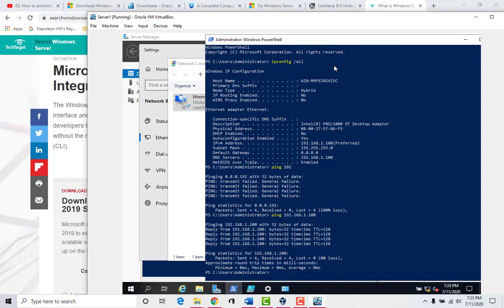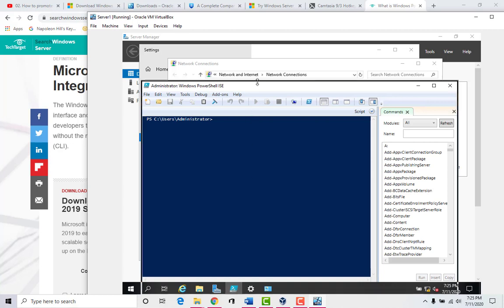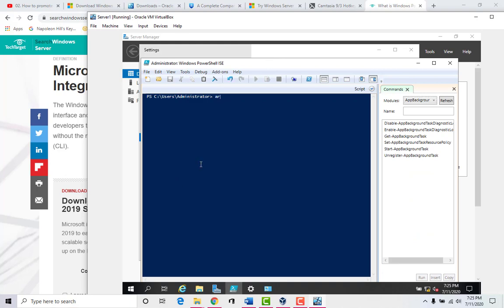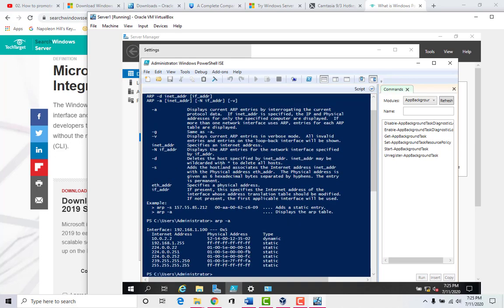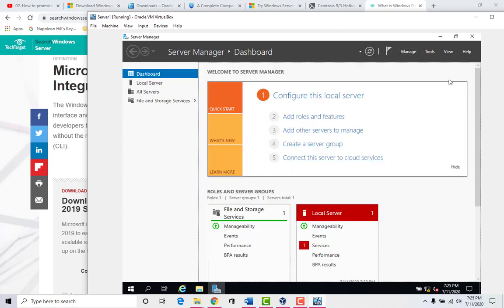So that's a little bit of PowerShell. This is where you're going to be able to run all those commands that are part of the lab, like the ARP and all those things. You can run pretty much any command that you used to. So you can say ARP. It gives you a little bit more data on the address resolution protocol here. Okay, you can type exit to get out. And so now we have a server configured.